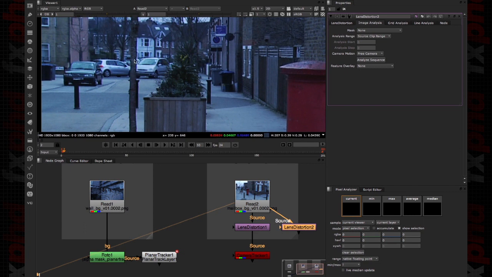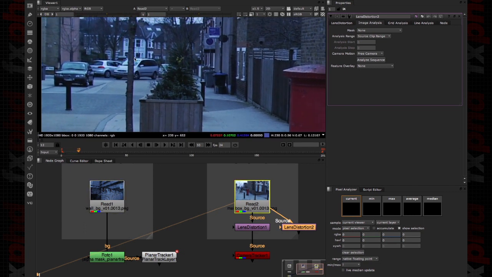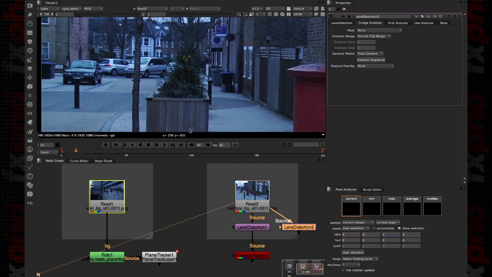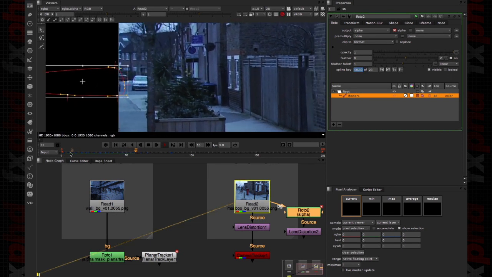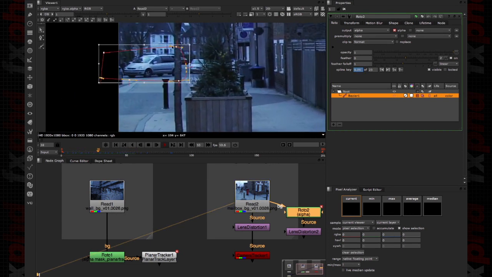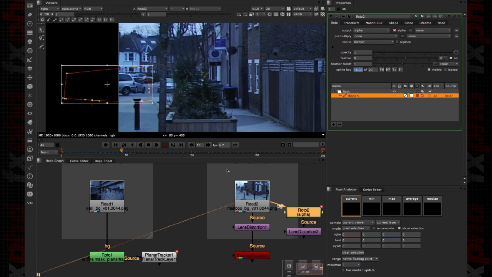So for instance, in this plate, the cars. I'm going to prepare a roto to get this thing out. So here you are, the mask is finished. I have masked out the cars. So now we can